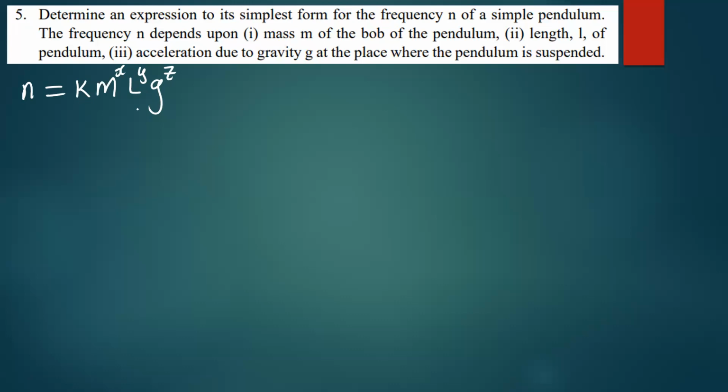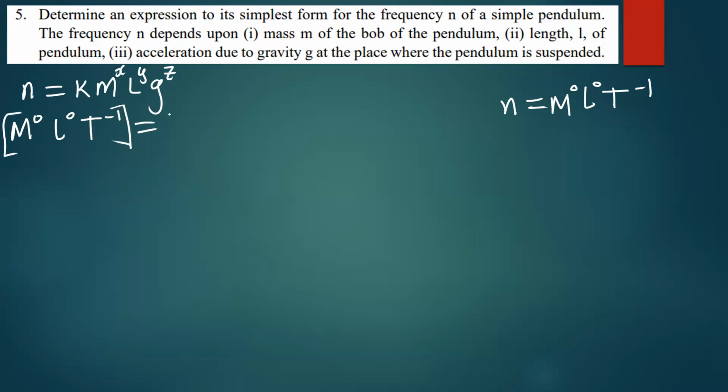they are raised to. So for the frequency, remember I told you the dimension for frequency is simply T to the power -1. So we can also write this as M to the power 0, L to the power 0, T to the power -1. So we are going to write that here. So we have M to the power 0, L to the power 0, and T to the power -1. So say this is equal to, I'm putting this in square brackets, K, open brackets, we have M to the X, and then we have L